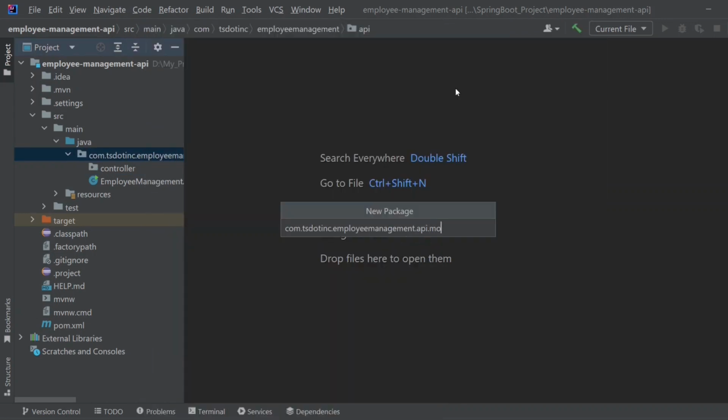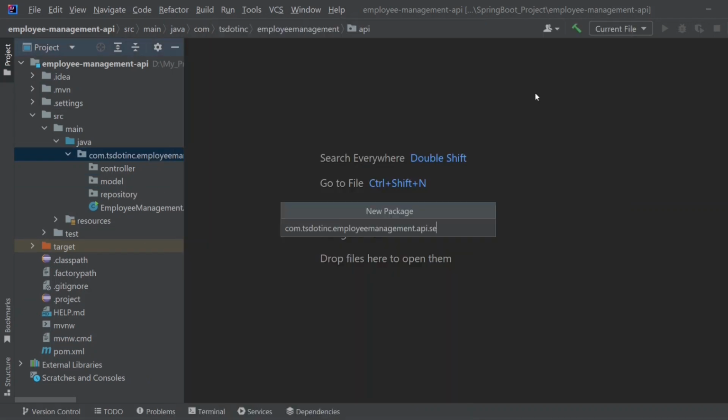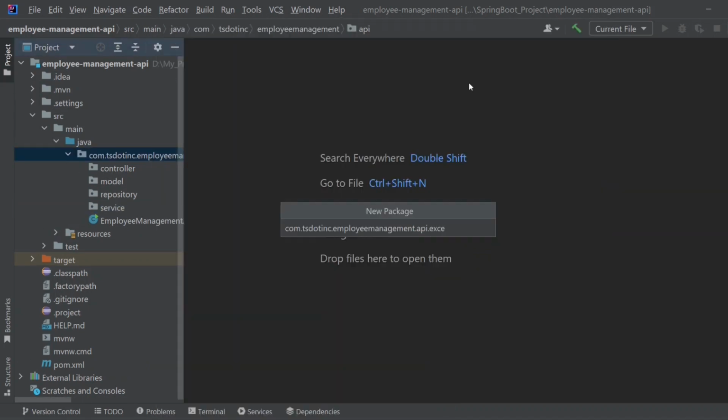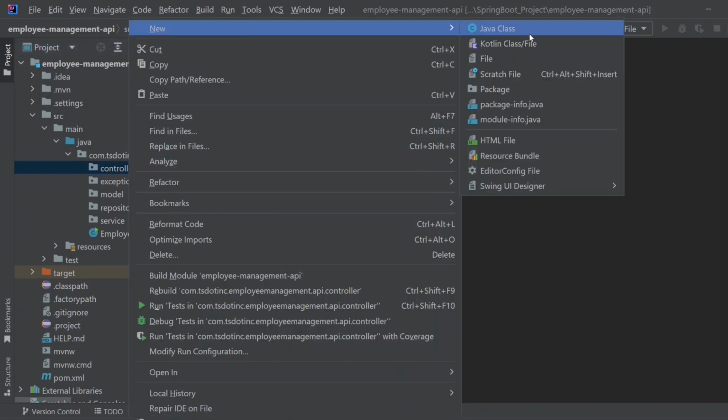Then similarly create model, repository, similarly and service package. Now that we have our packages ready, let's create our core classes that form the backbone of our employee management